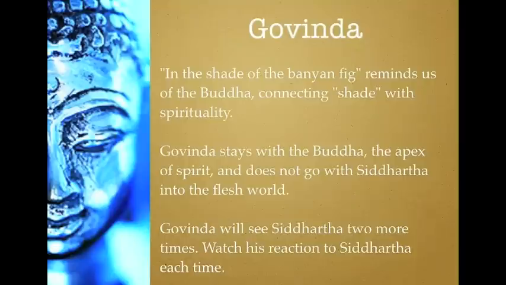Now, I want you to notice something. A couple slides back, we talked about how Govinda wanted to be with Siddhartha when Siddhartha found perfection. And I want you to notice that that's from Govinda's perspective. The whole book is going to be from Siddhartha's perspective, except for this little part here in chapter 1. And then there's going to be an entire chapter later on in Govinda's perspective. And I want you to be thinking about that. Why? Why don't we just keep everything from Siddhartha's perspective? Why is it important that Govinda has some words here? So we'll come back to that in our third session.